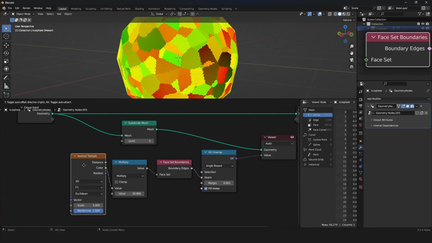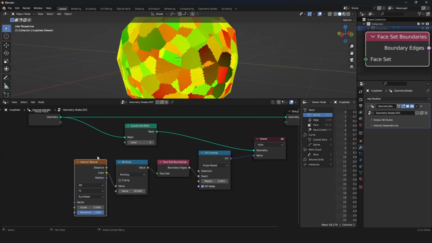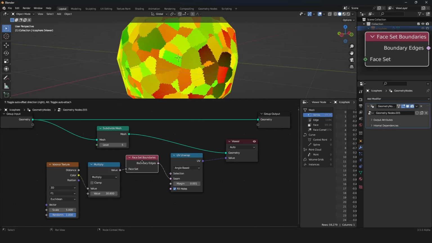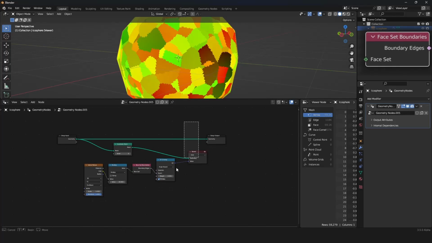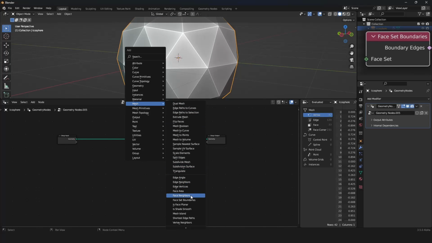So you can create face sets here, for instance, with the Voronoi texture, and then you can calculate the boundaries of those face sets with this node, and then you can use this as seams in the UV unwrapping. After this node, we have the